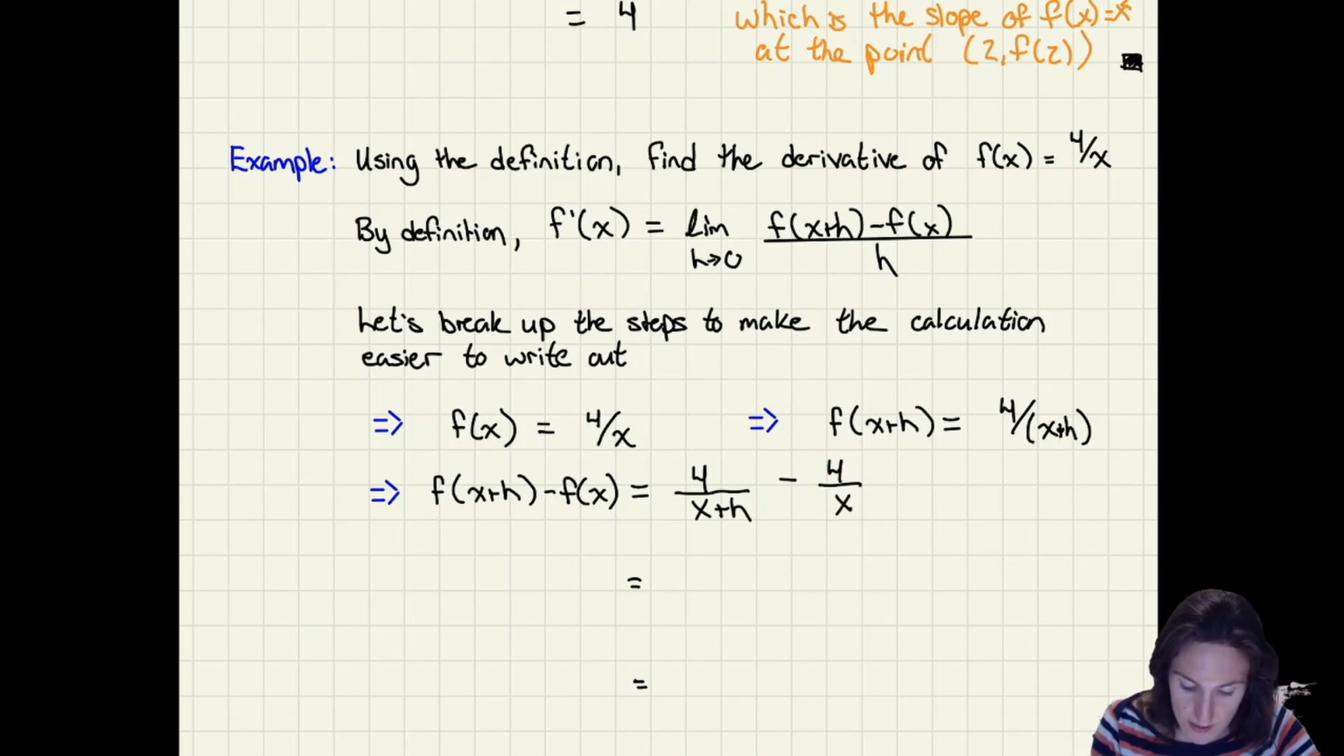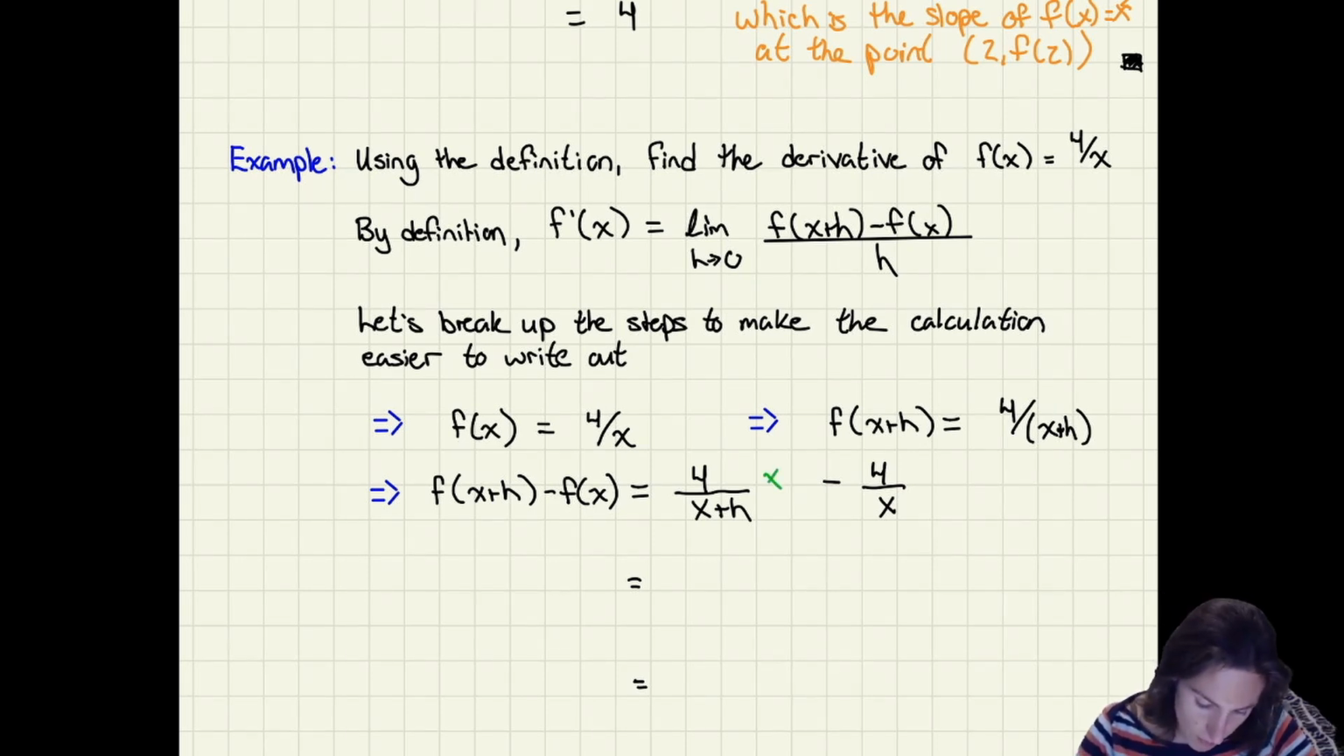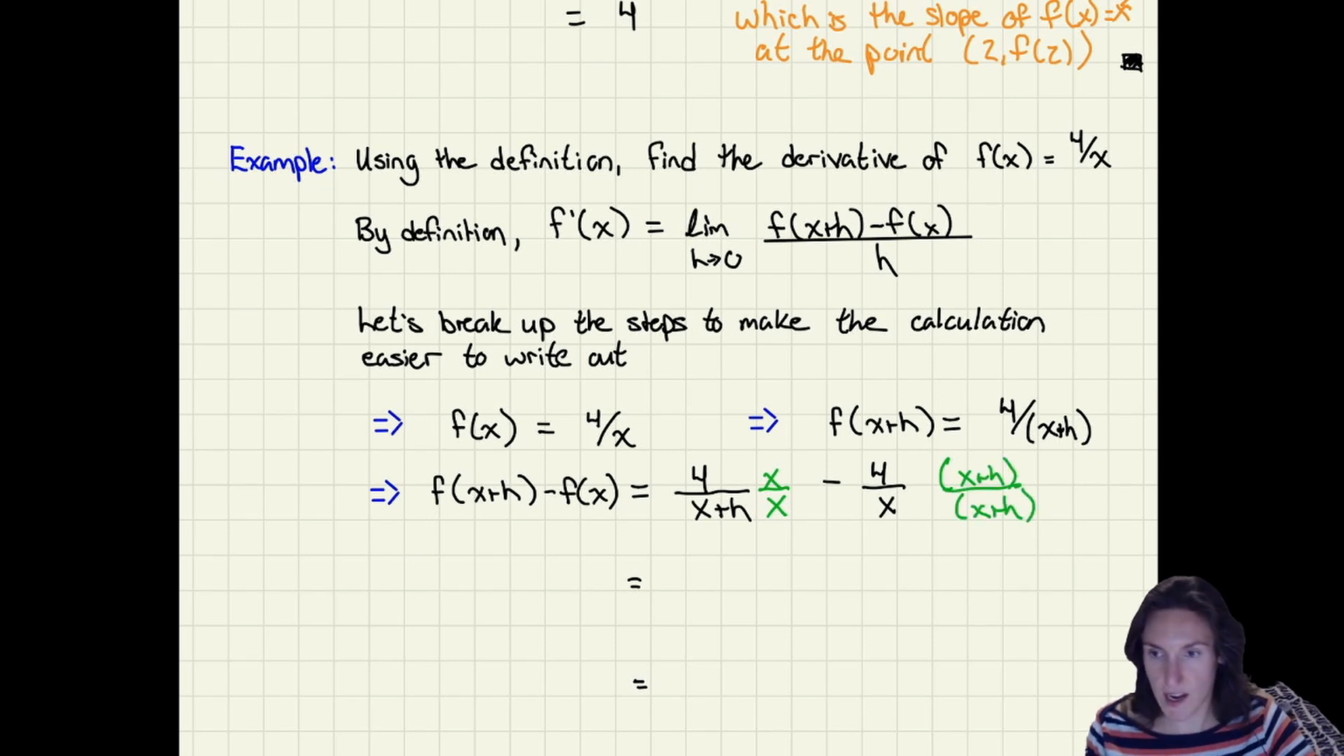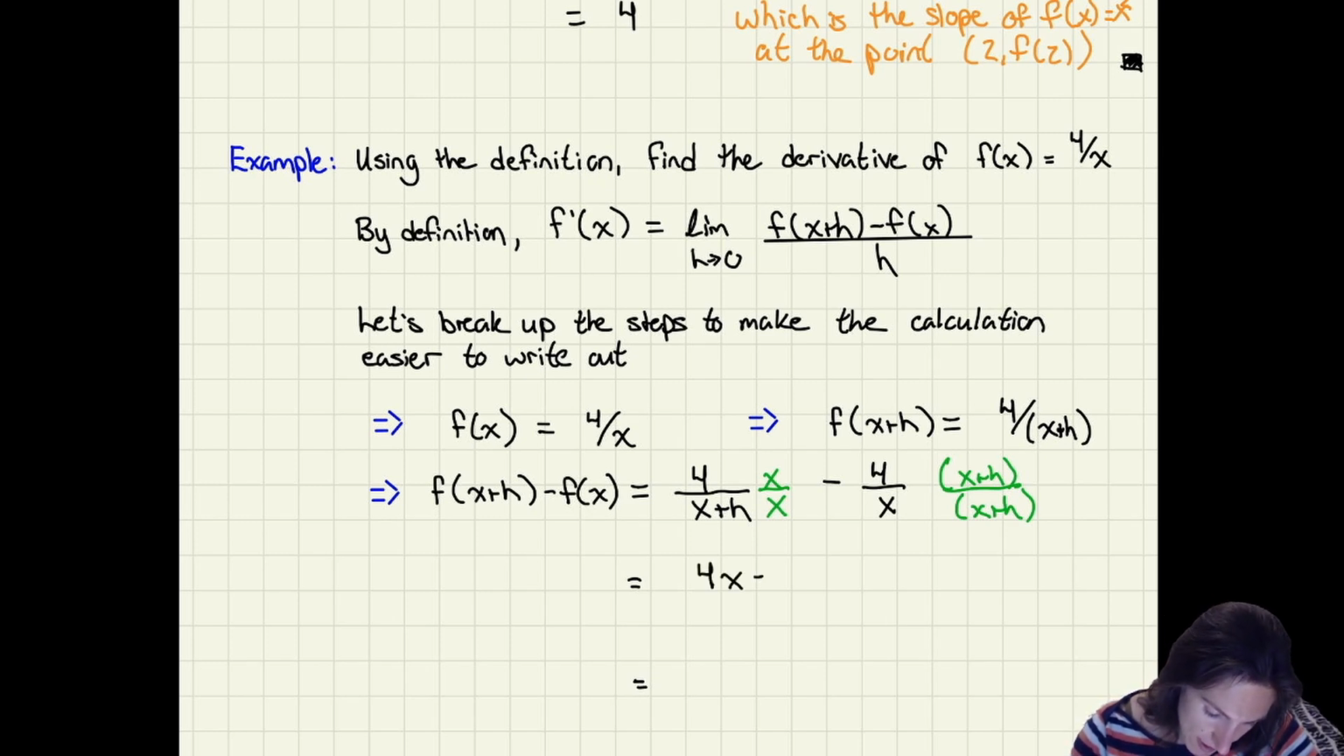Okay, so I need to combine these somehow. But in order to do that, I have to have a common denominator. So I'm going to multiply the first term, the top and bottom, by x. And my second term, I'm going to need the x plus h, so I'm going to multiply the top and bottom by x plus h. Okay, and this is an example where it's good to split it up just because the algebra is a little bit trickier. But now our denominator is the same. So I have on my top 4x minus 4 times x plus h,